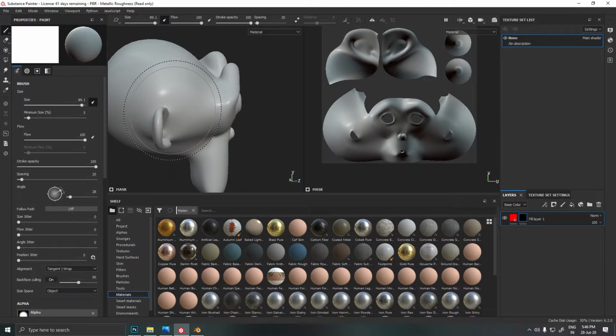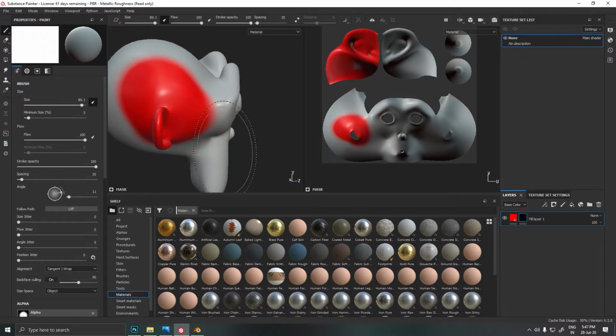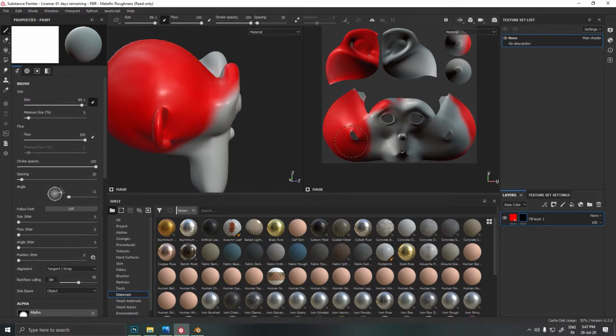Now hold control and left click to rotate the brush. You will not see any difference with a standard brush, but you will notice the difference when you use a stencil and alpha map, which I'm going to tell you later, not in this video, maybe the next or the one after. You can control it from here and also from here. You can paint on both the UV or the object. This is how to control the brush.